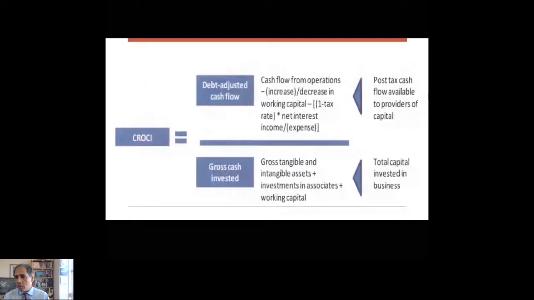Okay, can we get hold of your Croci tables for all FTSE 100 companies? Yes, you can. Actually, what I might do, it's a very good question, is download this as an Excel spreadsheet. The thing is, it's going to be out of date after a short while, but that's a very good question.